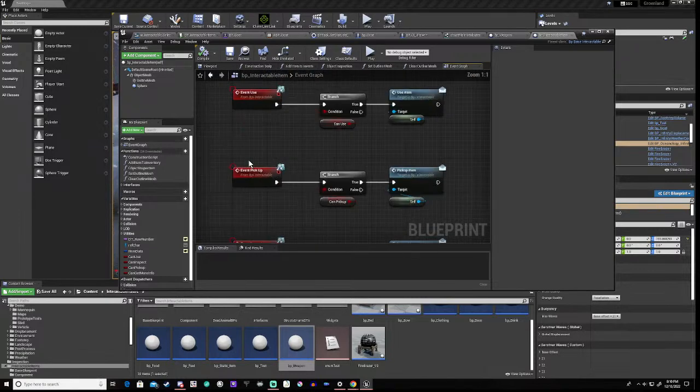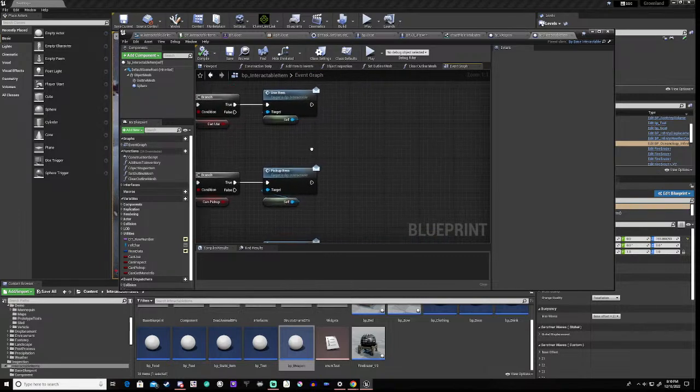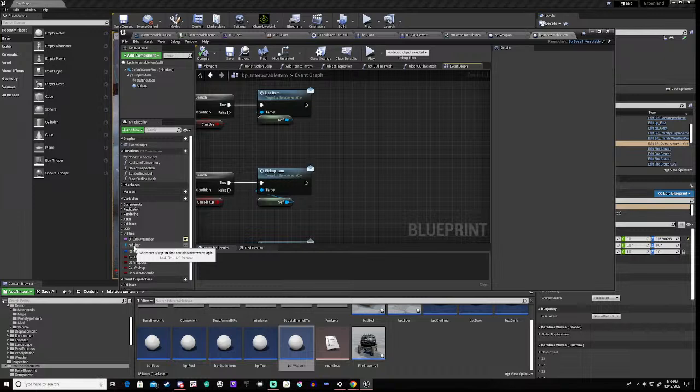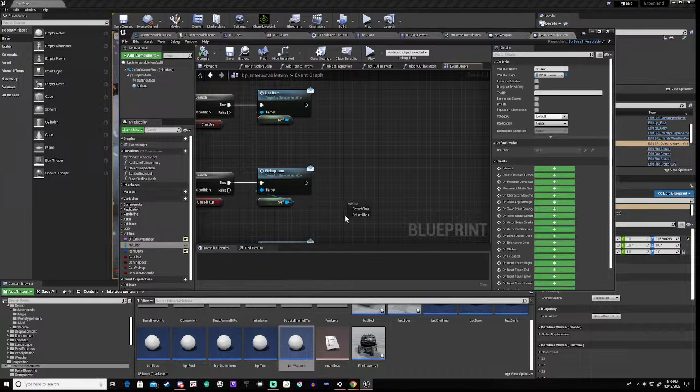So if we go to the interactable item and we get the pickup item, okay, once we have done that, we can basically call the ref character, right? And now we can go to the pawn